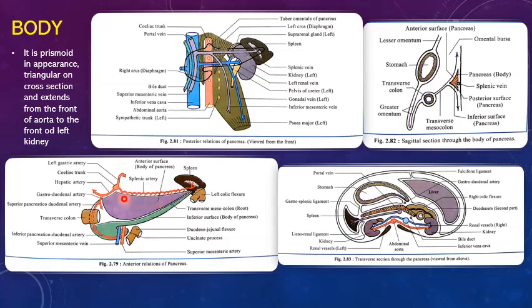So the anterior surface of the body is slightly concave, directed forwards and upwards, and it is covered with peritoneum of lesser sac. Like the neck, the anterior surface of the body is also covered by peritoneum of lesser sac, whereas the anterior surface of the head in the upper portion is non-peritoneal, related to transverse colon. And